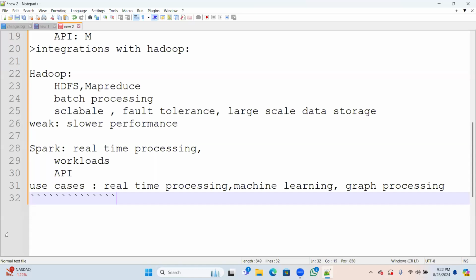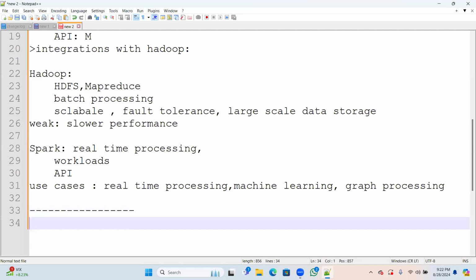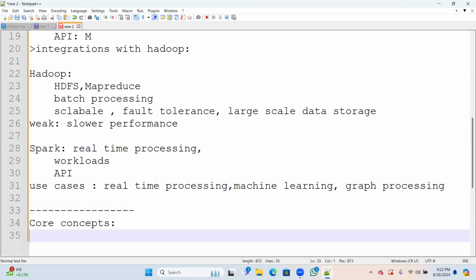In Spark generally, there are some core concepts I will discuss, related to RDDs.